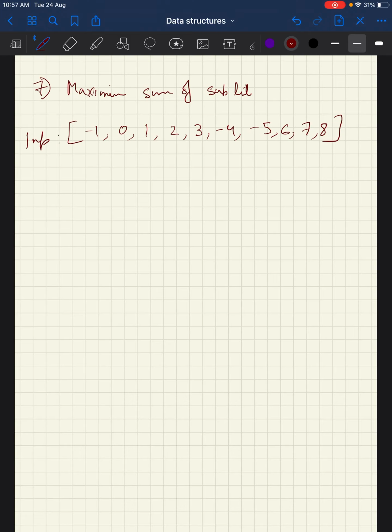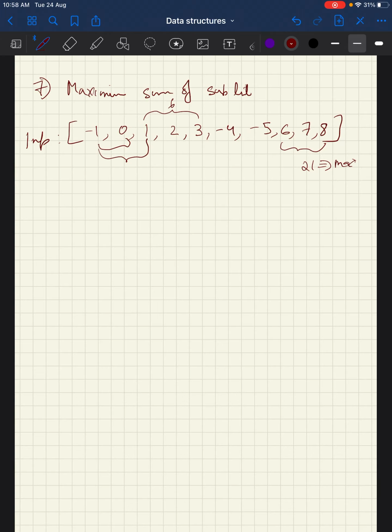Let's say we have an input array like this. So we know that there are basically different combinations of subarrays within this. For example, this is a subarray, or this could be a subarray. The problem is not to find the subarray, but to find the maximum sum for the subarray. So if you look at it here, within this 1, 2, 3 you get a sum of 6, but that's not the maximum sum. It's actually 6, 7, 8, right, which gives us 13 plus 8, 21, which is the maximum subarray.